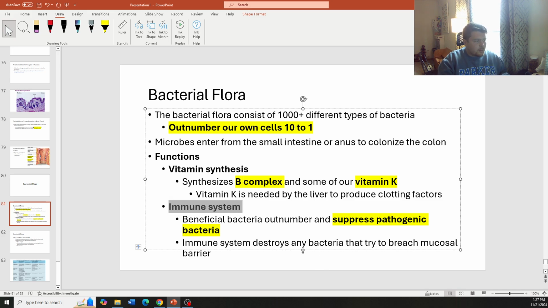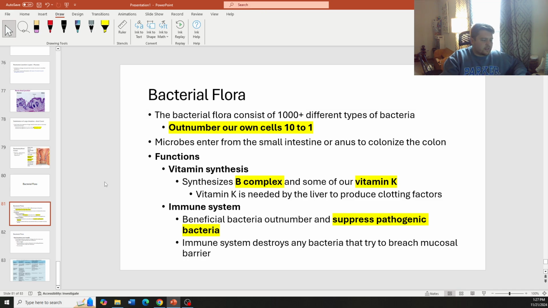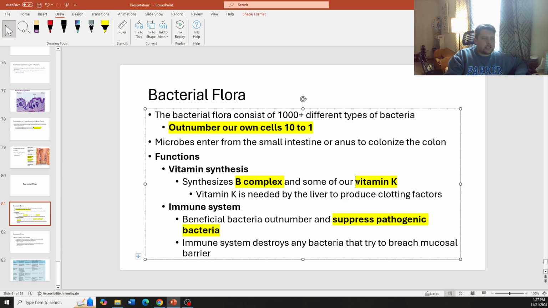So some vitamins, like our B complex vitamins, as well as our vitamin K, are produced thanks to this bacterial flora. Previously, they used to think that about 50% of our vitamin K came from the bacterial flora. Like bacteria would grow, reproduce, and then would actually die and release vitamin K, and we would absorb it. They've now determined that it's definitely less than 50%. The scientific community still doesn't know exactly how much vitamin K comes from our bacterial flora, but needless to say,